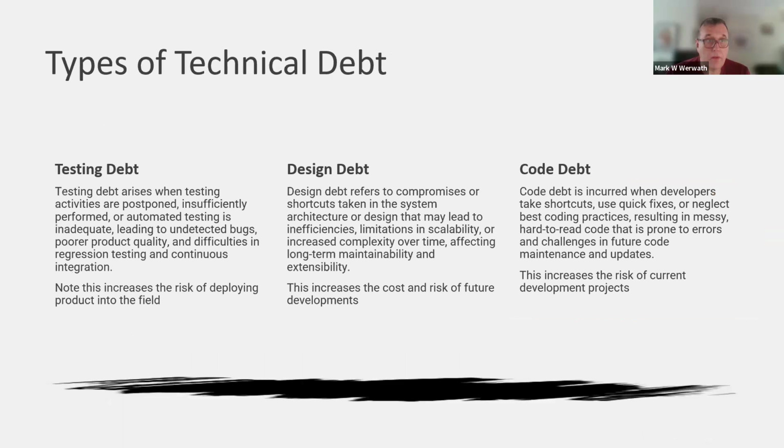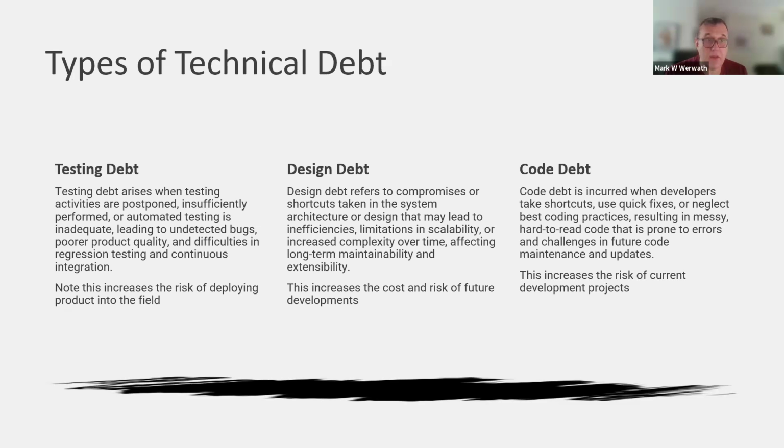So there's three types of debt. I could add a fourth one at the end, but let me just start with these three: testing debt, design debt, and code debt, right? Testing debt arises when testing activities are postponed, right? So you have different types of tests. You have new feature tests, you have systems tests, and you have regression tests, right? Often it's the regression tests that are postponed, right? And what that means is the side effects of what you're doing on the new code side is not well understood, and you're pushing that into the future. You're pushing that lack of information, that deficiency, into the future, and somebody's going to have to pay that price, right?